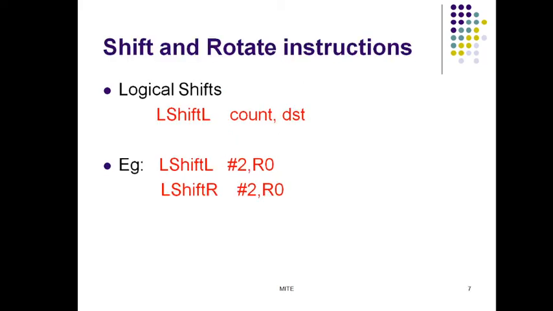Next we shall see shift and rotate instructions. There are many applications that require the bits of an operand to be shifted right or left some specified number of bit positions. The details of how the shifts are performed depend on whether the operand is a signed number or some more general binary coded information. For general operands, we use a logical shift. For a number, we use arithmetic shift, which preserves the sign of the number. If it is a general operand, just logical shift is enough. If it is a number, we have to use the arithmetic shift, which preserves the sign of the number.